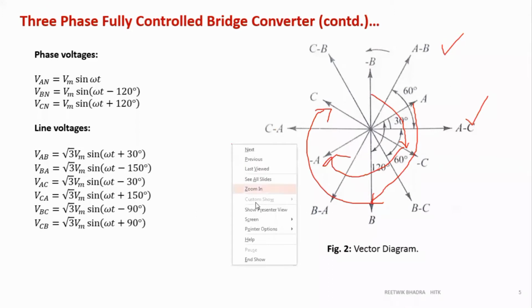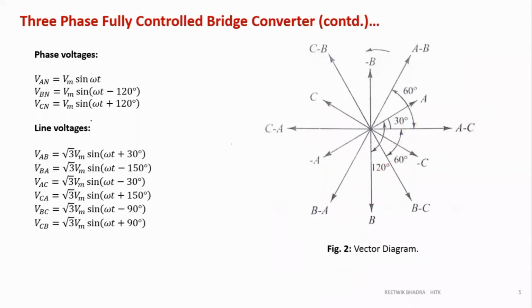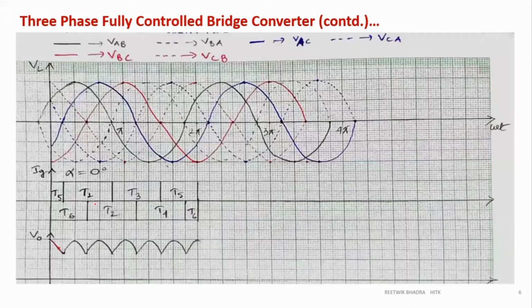Then what we did was, we wrote all the equations from this vector diagram. You know how to draw this vector diagram. Take your A as reference, then draw B, C, all in the negative portion, and draw the resultant of all the phases. So A and minus B gives you AB. This should be drawn from there, and accordingly you should draw this. Then I showed you the graph. You have to draw the line voltages, because at the output we obtain line voltage.